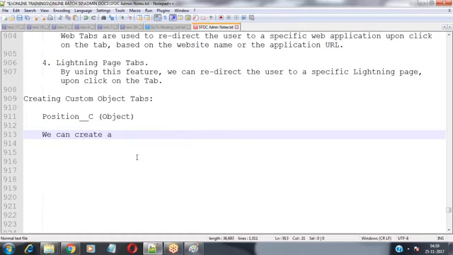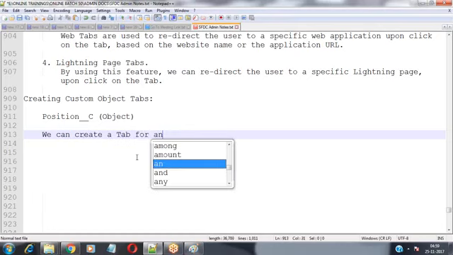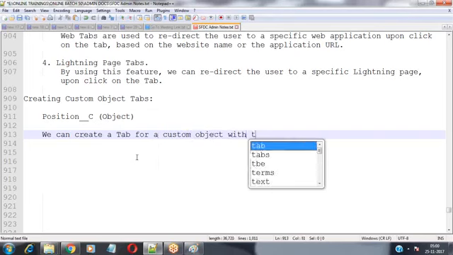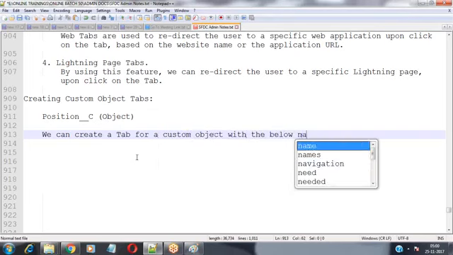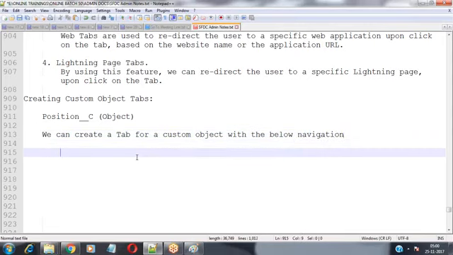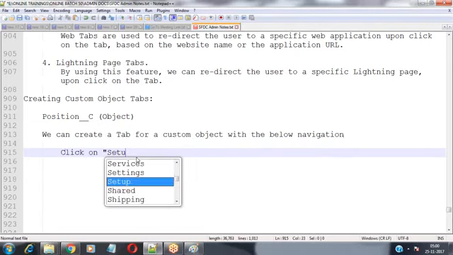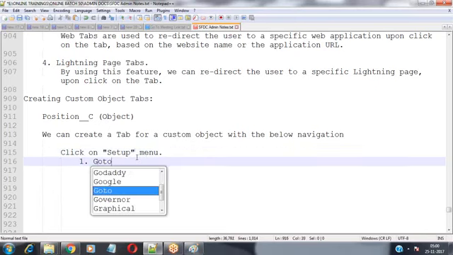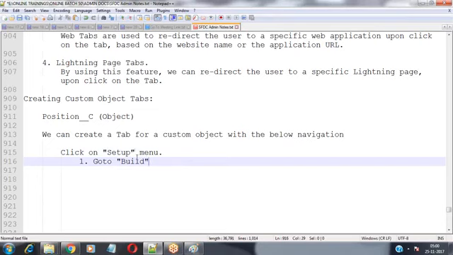We can create a tab for a custom object with the below navigation. Now in this case, how can we create that? Let's see. Click on setup menu. Go to the build menu in the left panel.